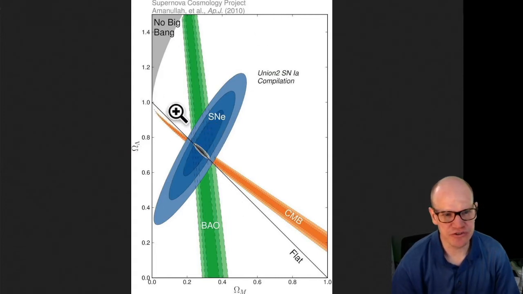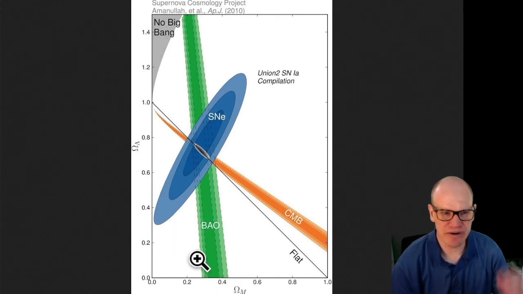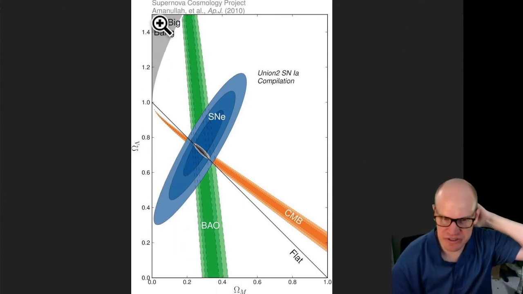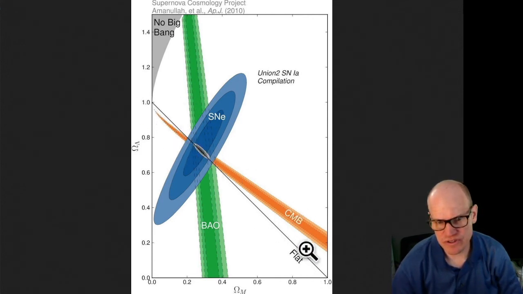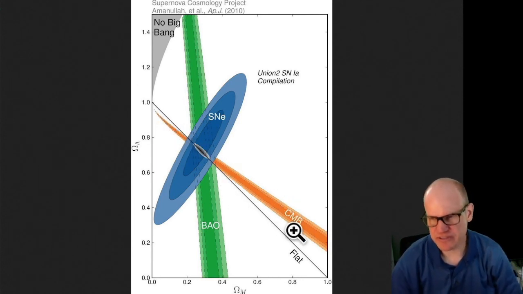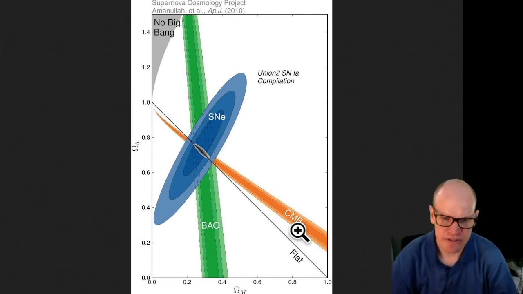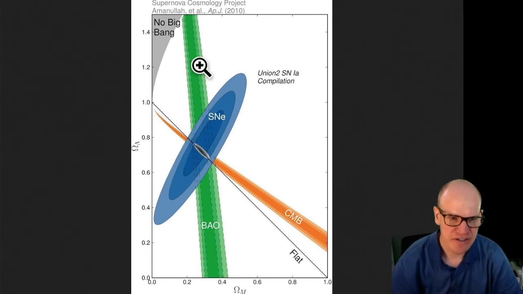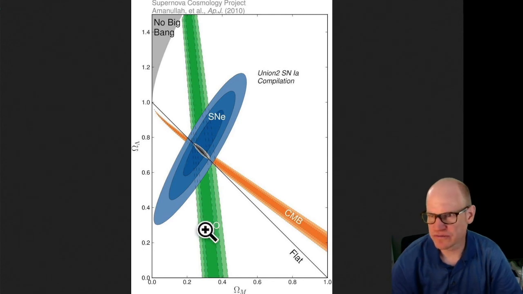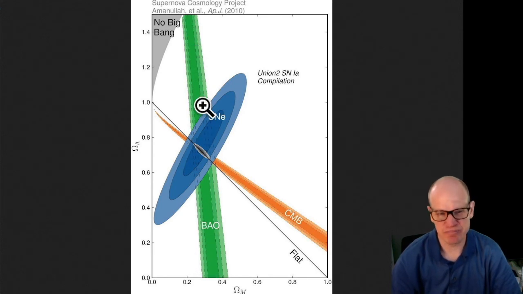Okay, so this is a flat universe right here. No Big Bang would happen if there was so much dark energy that there wasn't any matter at all. If there's no matter at all, then you wouldn't get a Big Bang. So the flat universe is the universe along this line, and the cosmic microwave background radiation is almost parallel to that line, right? There's a slight difference between them, but the fact that they're almost parallel comes from those hot and cold spots of the cosmic microwave background radiation. The BAO, that is the growth of galaxy clusters, is almost vertical. It's not perfectly vertical, but it's almost vertical.